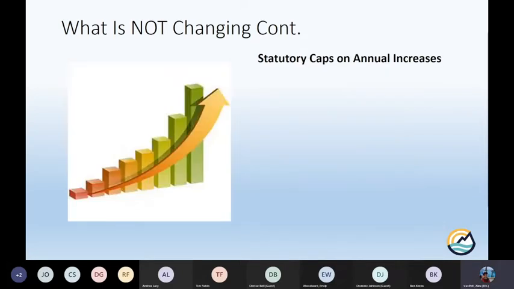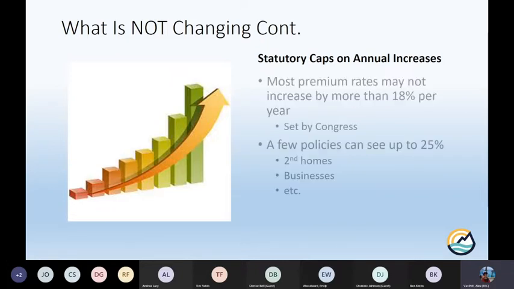Statutory caps. We were talking earlier about the rate increases. Those are set by Congress, and Congress has essentially said through the Biggert-Waters Act and HFIAA that premium rates cannot increase more than 18% per year. Now, your fees and things like that, as those change, that is on top of that 18%, but your premium itself cannot go up by more than 18% per year. Nationwide average is somewhere in the 12 to 15% range. Most of them don't want to go up too fast, they don't want to shock people with the increases, but they have to go up at least 5% per year till you're paying full risk.